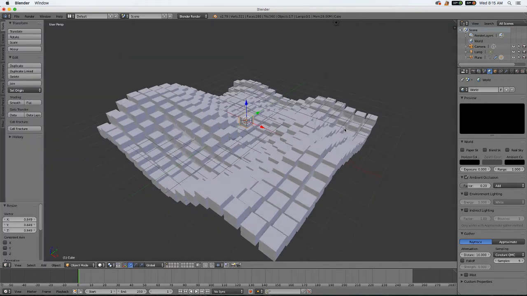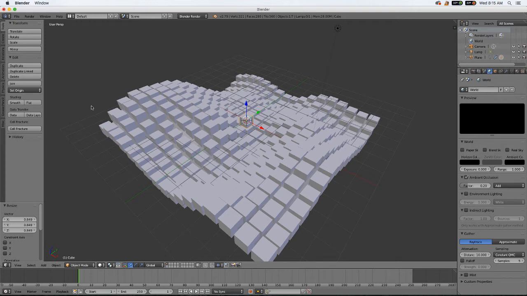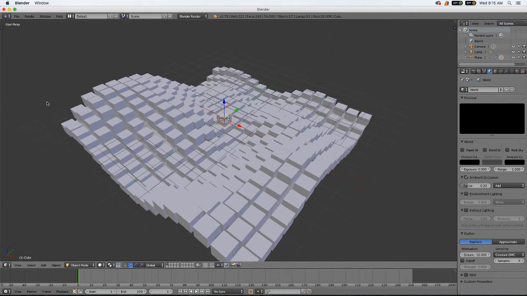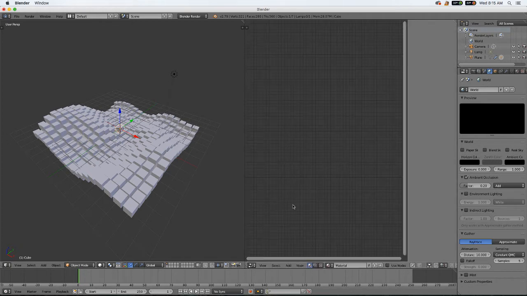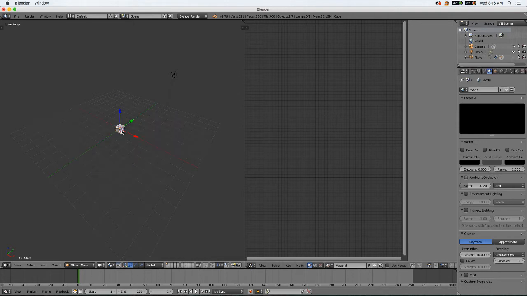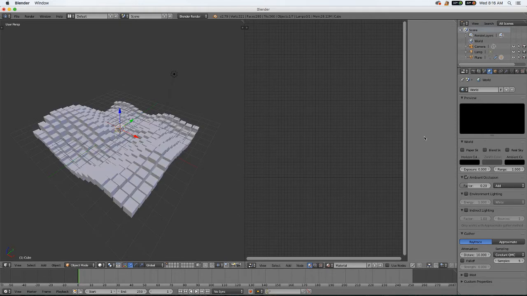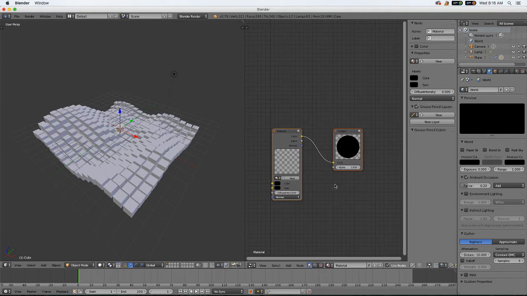Now, the way we do the colors is, let me hit T to get rid of this tool thing over here. I go up to the little spider web and I'm going to yank it to the left. Left click, yank to the left. That gives me another window. I'm going to change that window to a node editor. Then with my cube selected, I have to go over here, turn this off so I can select my cube, make sure my cube is selected. Then I'm going to hit use nodes. And this gives me the material for this